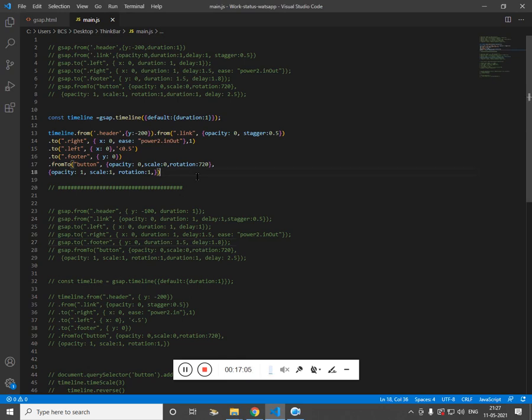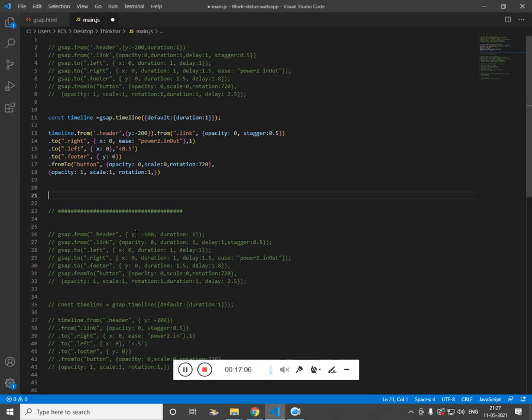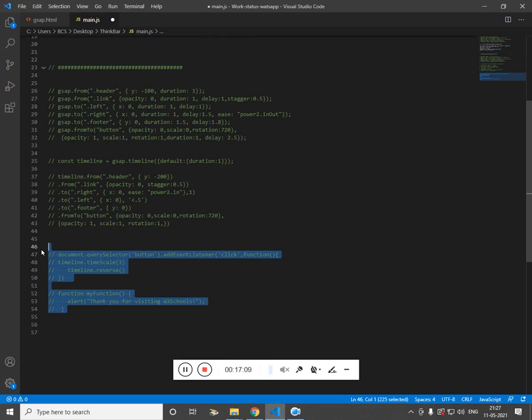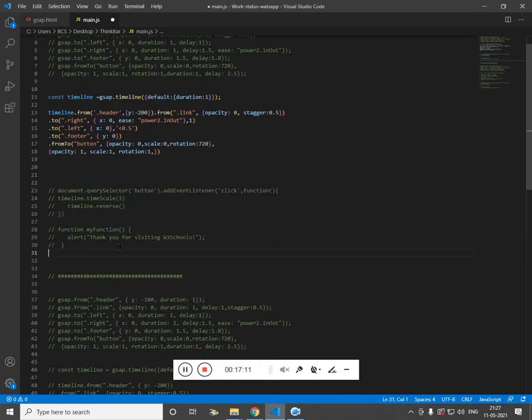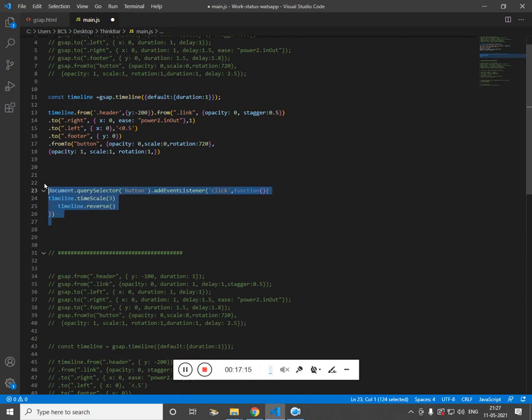Well, that is clear. Now let's work on the reverse. Once I click on reverse, I'm using the JavaScript query selector. Oh, I'm not using query selector all, so just query selector. So only the first button which is available on HTML is selected, and once I click on it, the timeline.scale.